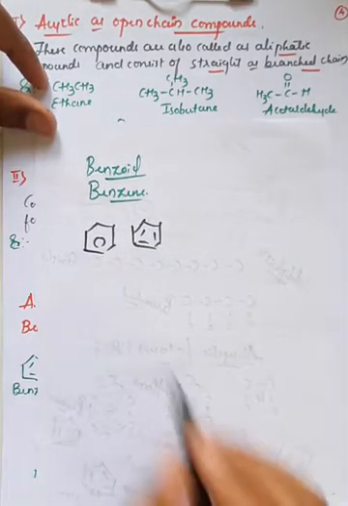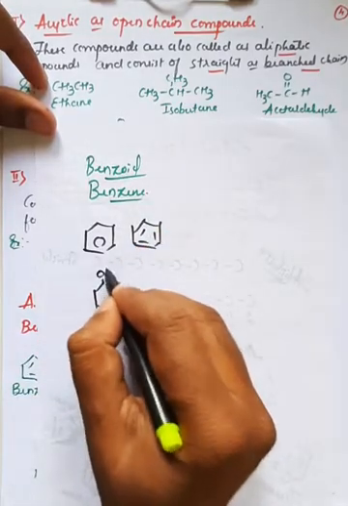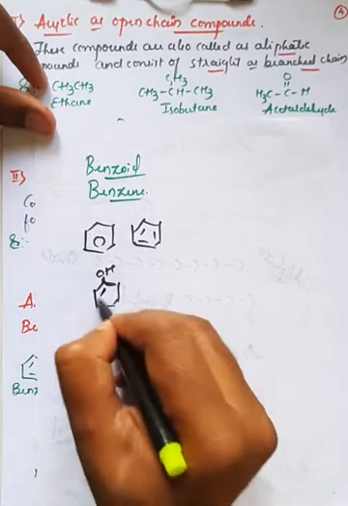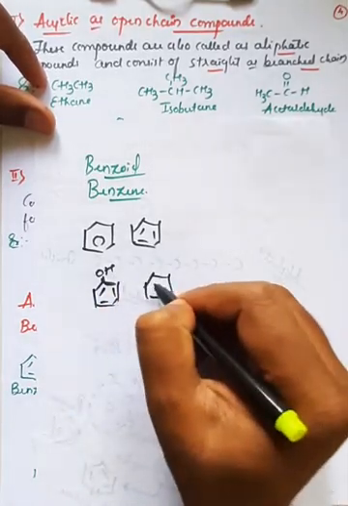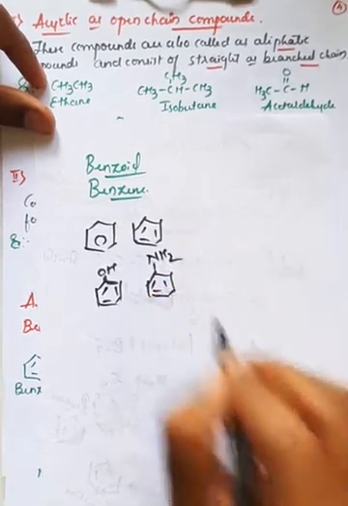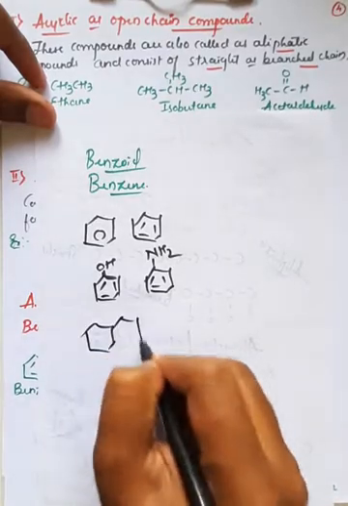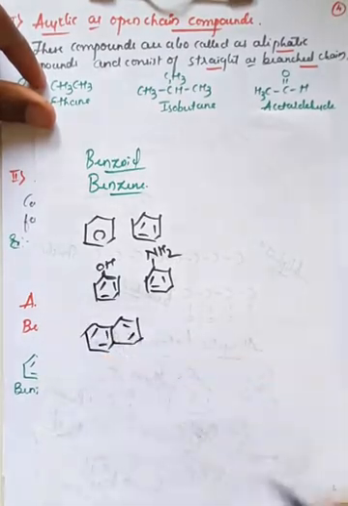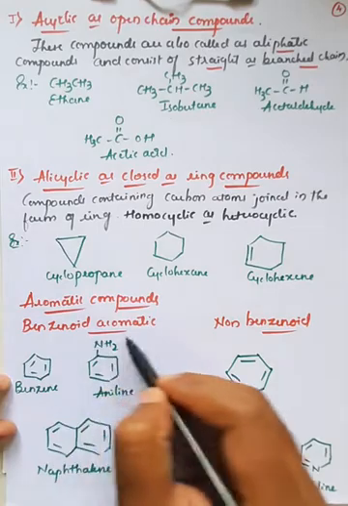If I add a group like OH, there is an attachment of OH to this carbon atom, and this is also called benzoid. If there is an attachment of NH2, this is aniline, and that is also an example of benzoid. If two benzene rings are attached to each other, that is called naphthalene. So here are benzene, aniline and naphthalene. The base structure here is benzene, and if there is a benzene base structure in the molecule, it is called a benzoid aromatic compound.